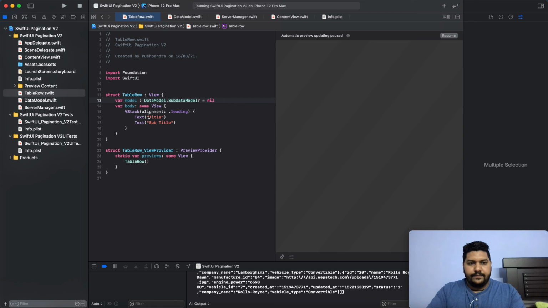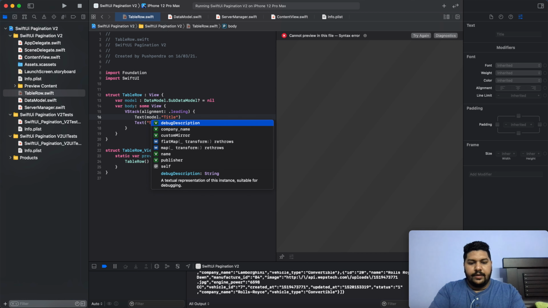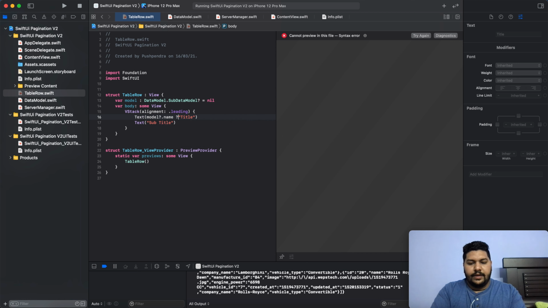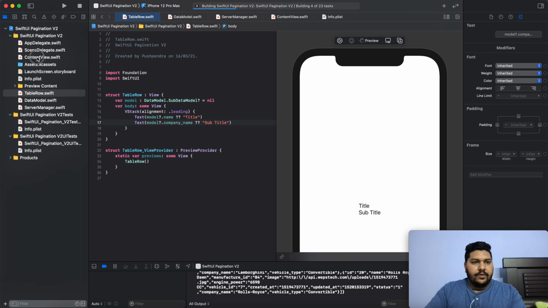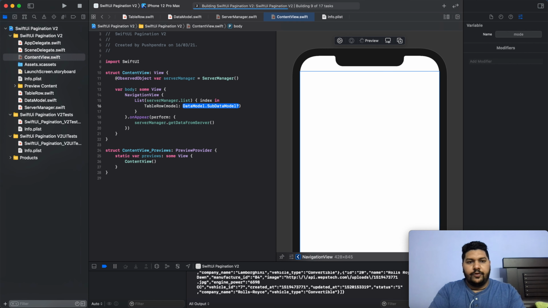Here model dot name, if not then it will come title, model dot company name, if not then it will come subtitle. Then again go back to your content view, and here pass model.